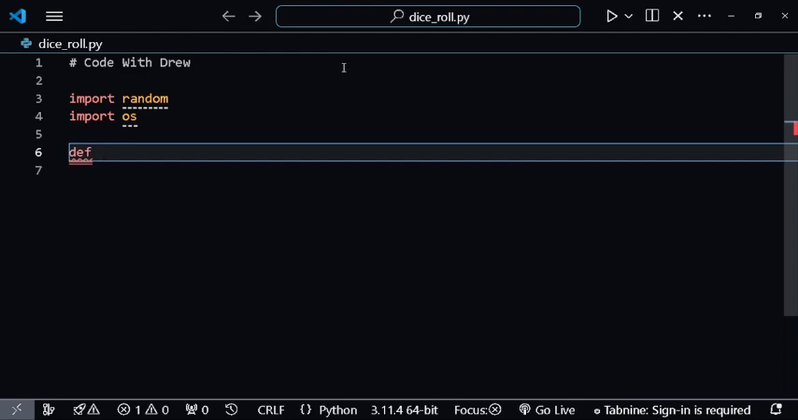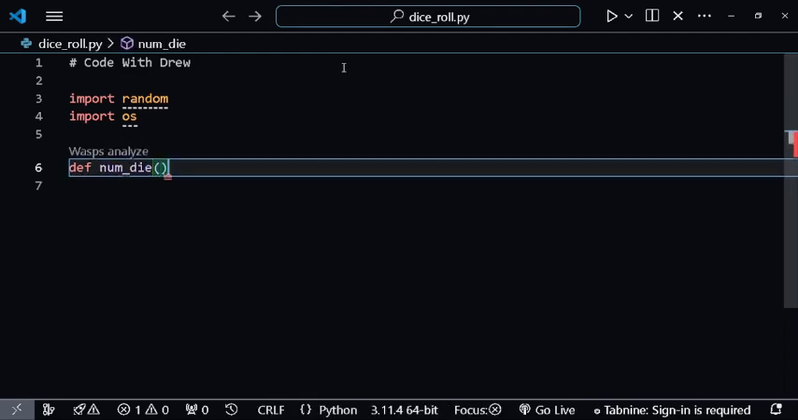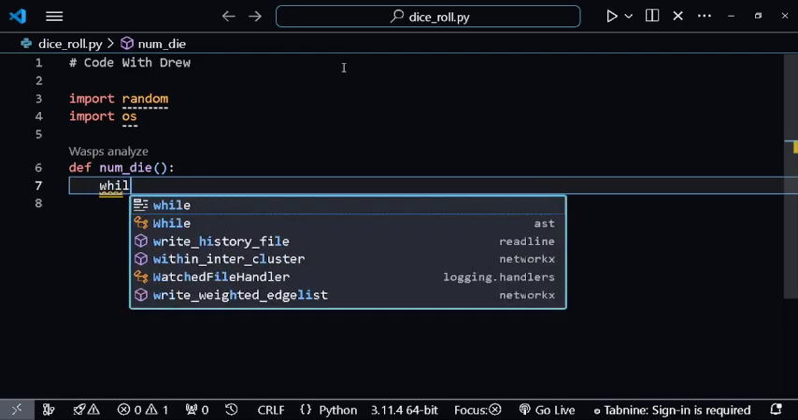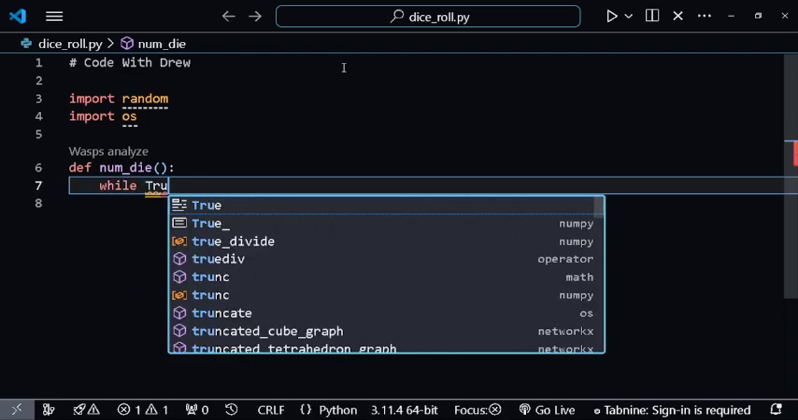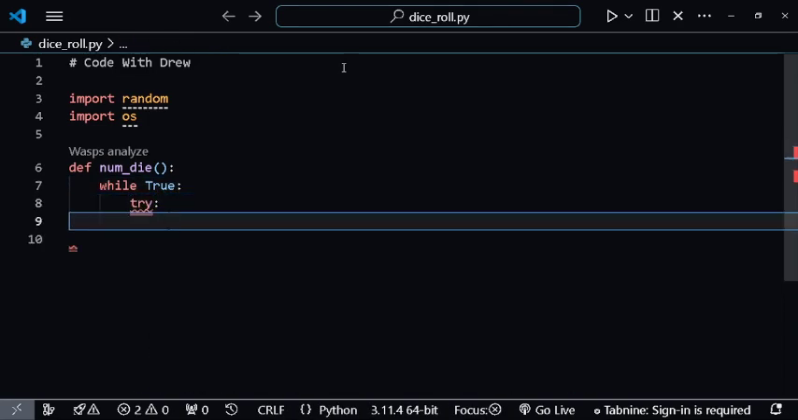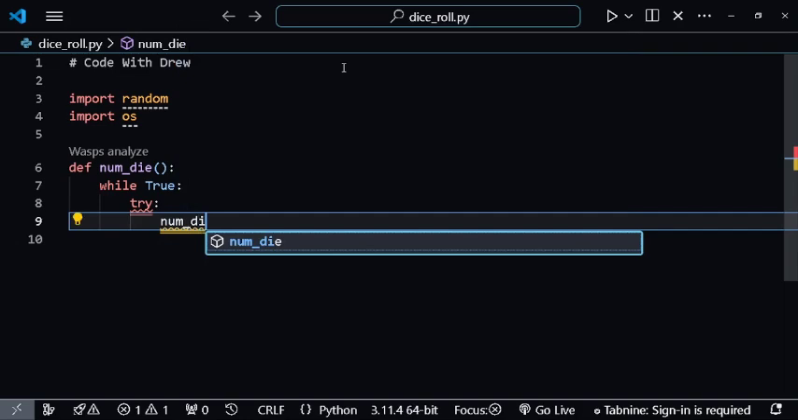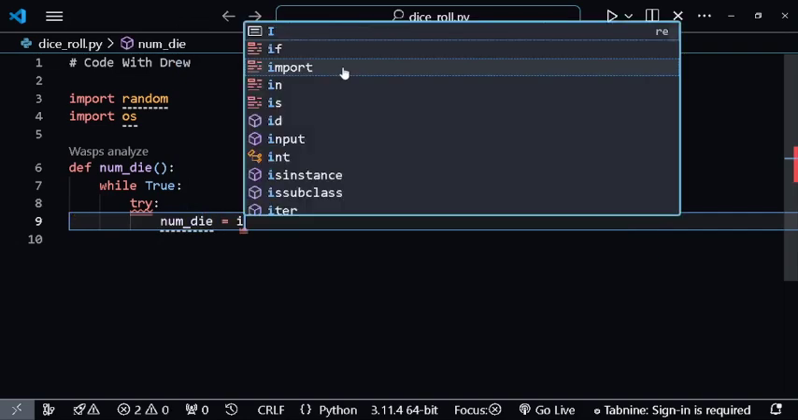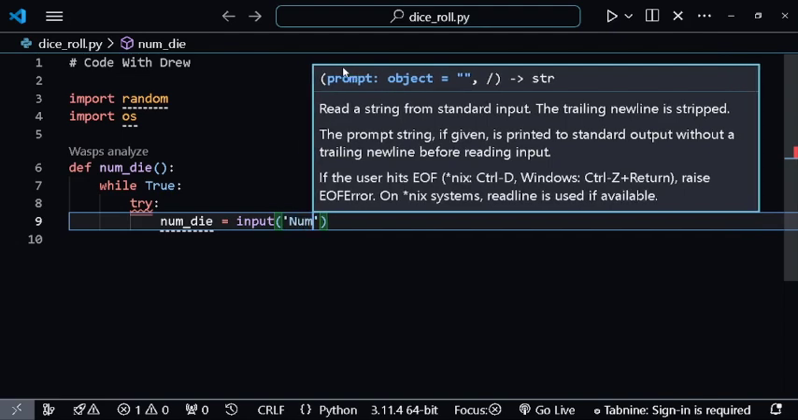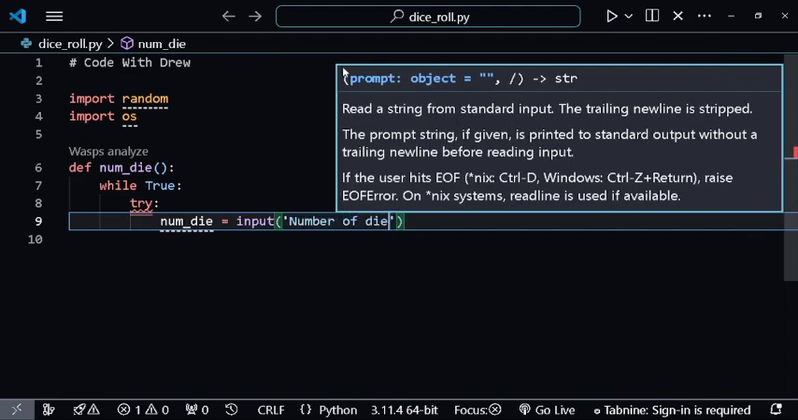Now we want to have the function that will collect the input of the dice. So we have def num_dice. Let's just call this num_dice here. While True, so we always want to run this. Then we want to put this in a try block, so we can handle any error that comes from the user instead of the program just ending. So what we want to do now is input number of dice. We want to collect the number of dice from the user,